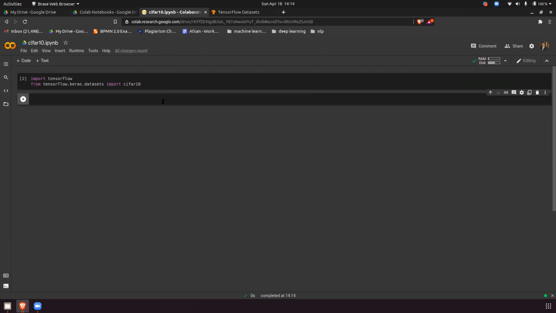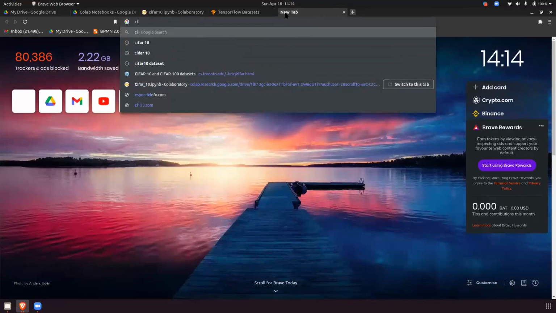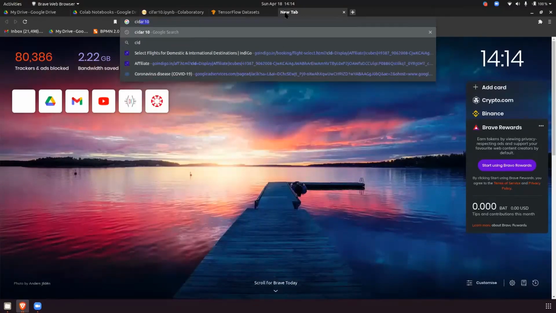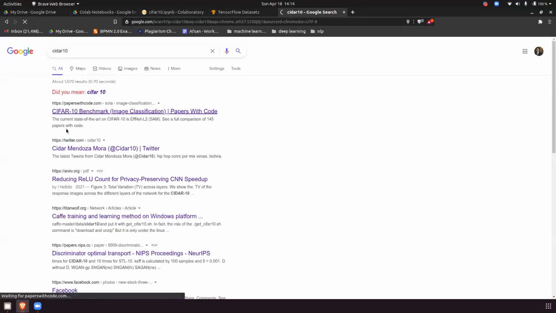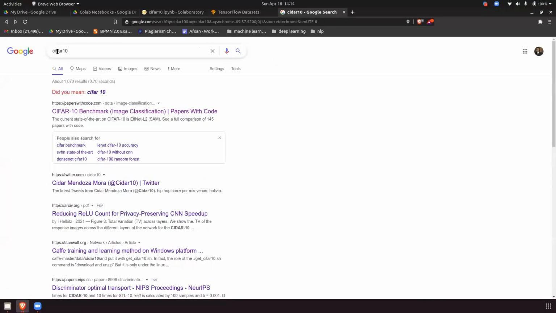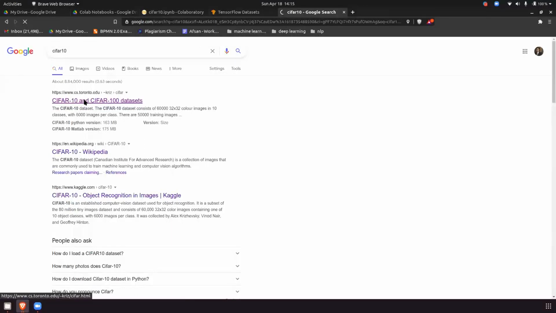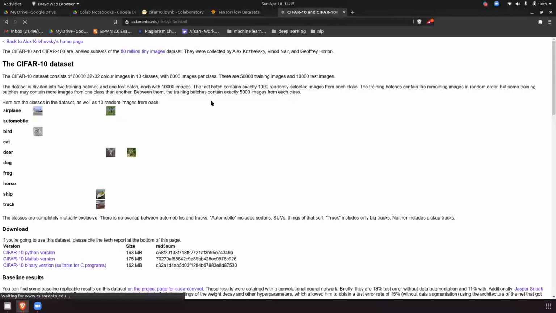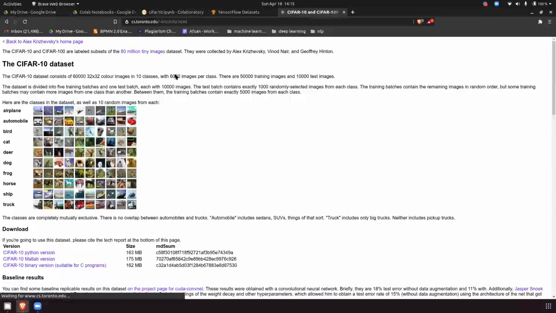If you see the CIFAR 10 dataset, there are 50,000 training images and 10,000 testing images. They have done the training and testing split by default, so you don't have to worry about this.